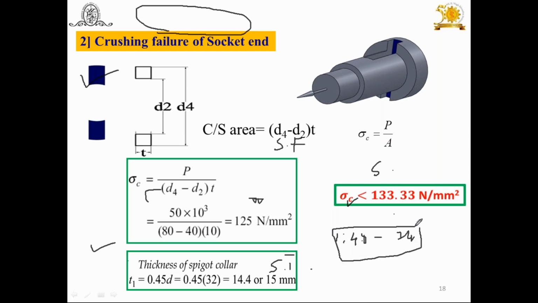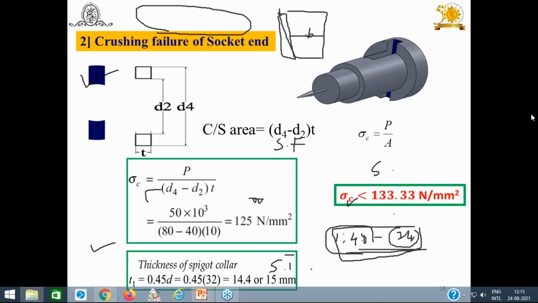So what about the taper? Yesterday I told you the taper for the cotter. It is in the range of how much? 1 in 24 to 1 in 48. That you have to make the changes. One is the straight one, and you have a width here, you have a thickness, so you can apply the taper in the range of 1 in 24 up to 1 in 48. This is the logic that you have to use here.